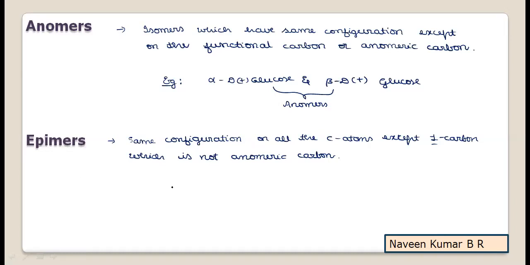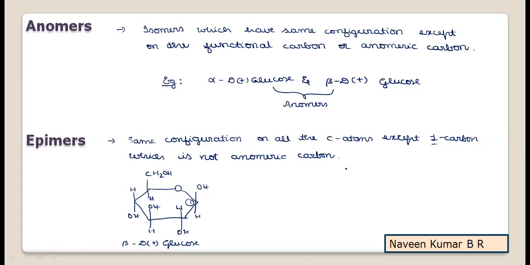Just to remember, we'll take a simple example and learn with the Haworth structure only. Just recall the structure of glucose. We'll take beta glucose, so OH above on the anomeric carbon. The structure of beta glucose is CH2OH, H, then starting with H, OH, then starting with OH, H, again starting with H, OH. Now this is beta D plus glucose.